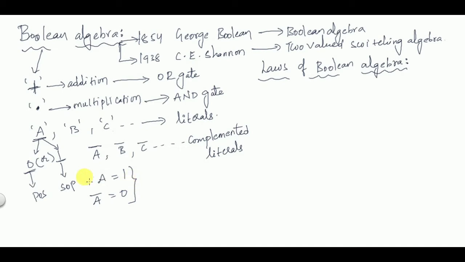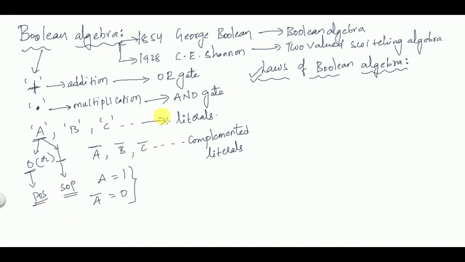Understand this concept step by step. When you are dealing with algebra, you will have equations and reduction of equations. So in order to reduce equations, we need some properties, and we learn those properties from Boolean algebra. Boolean algebra is purely used to simplify expressions. Those expressions are SOP and POS expressions, which we will discuss in my next video. First of all, we'll learn about algebra, its laws and theorems.